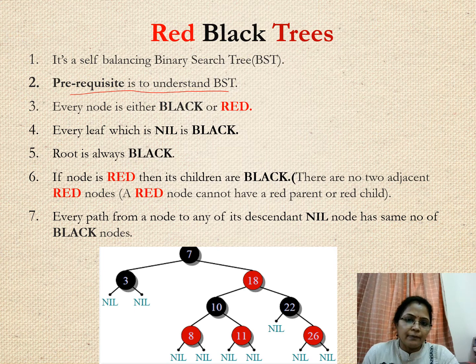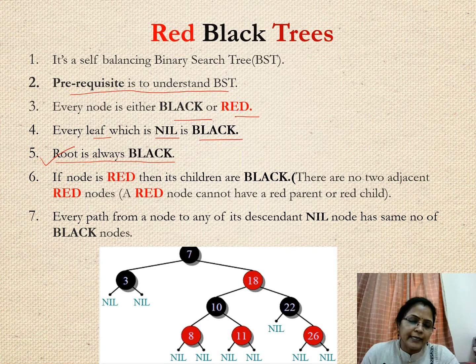Now for your red-black tree, the root node should be black. So the root should always be black, and every node can be either black or red. So this is a basic requirement. Now every leaf that is a null node, which we can call a nil node, then we always say that node's color will be black. Now the important factor, the root must be black.